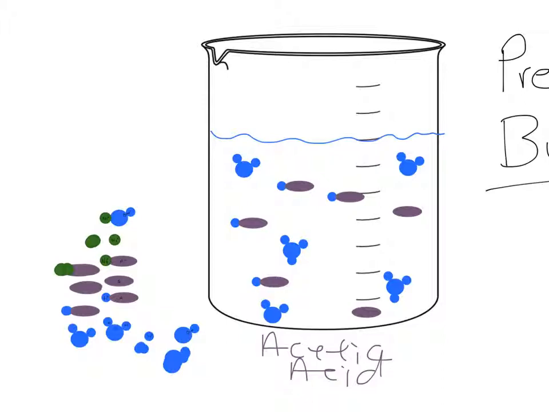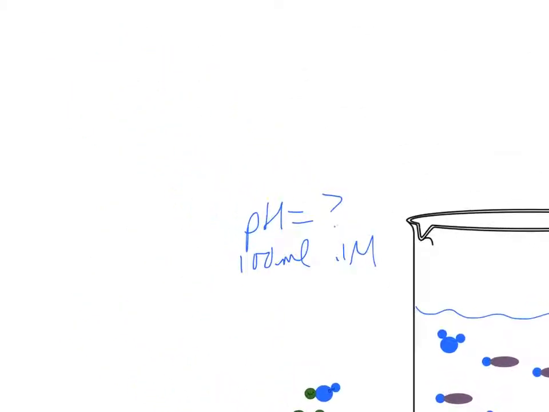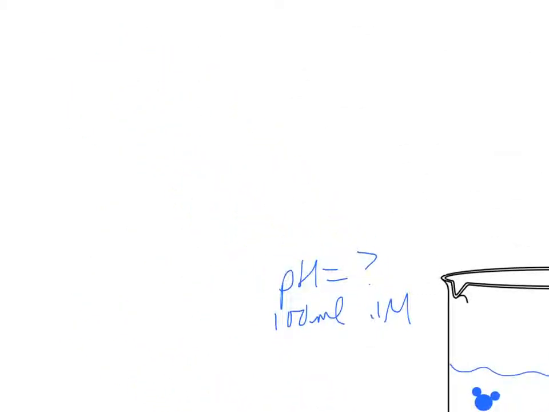And so the first thing that I was curious about was, what is the pH of this? What is the pH if we have 100 milliliters of a 0.1 molar solution? And that was very easy to figure out. It wasn't something that I was required to do. They didn't tell us in our lab to do it, but I just needed to know where our starting point